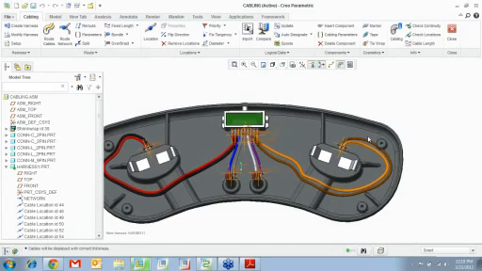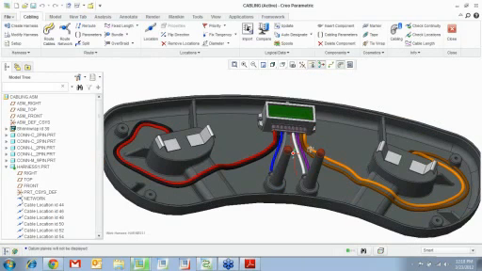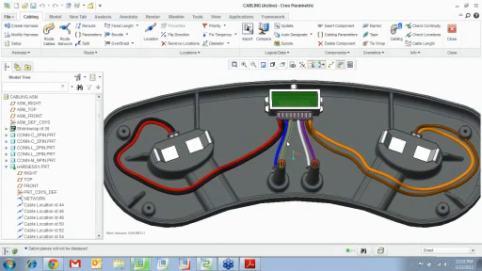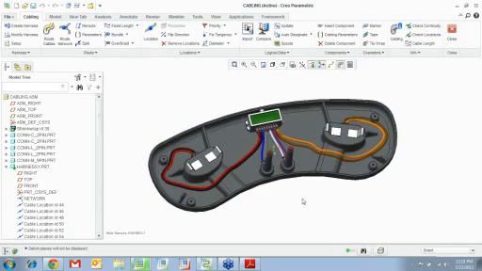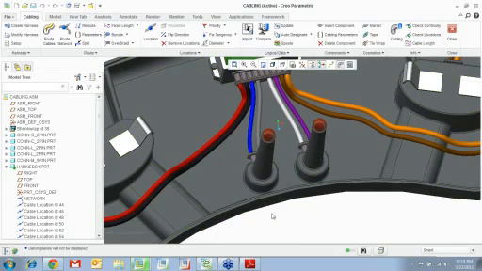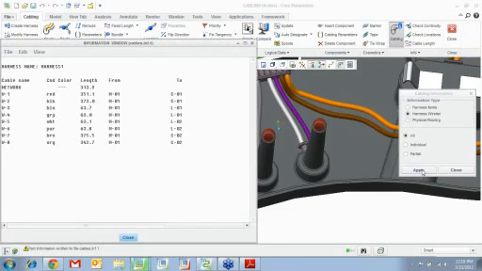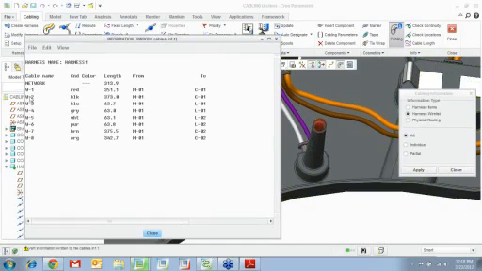So here is schematic driven piping, right? So you have it right here. As your cables, and again these are references, right? So we use references to route cables. You can move the component wherever you want and the cable will follow it. Okay. You can also do cabling info. You can get a harness wire list and say apply. So you see it tells you wire 1, what color it is, the length of it, it's going from 2,